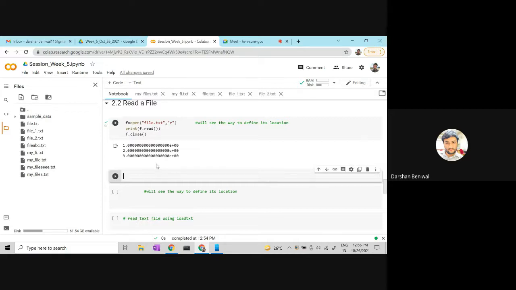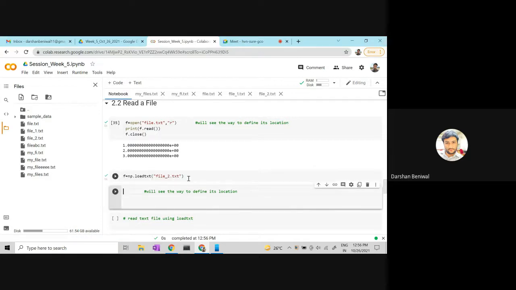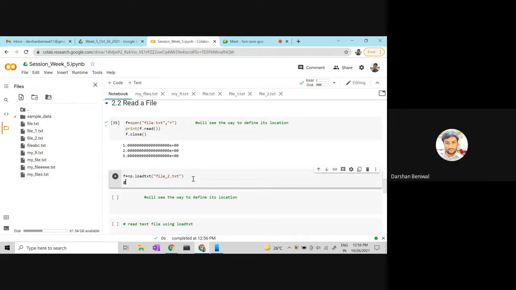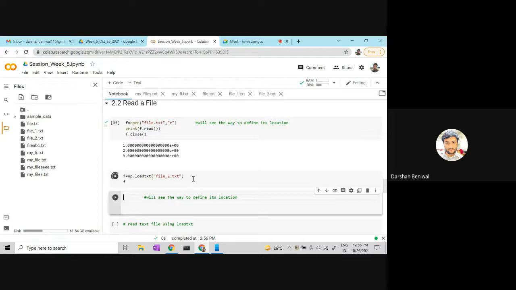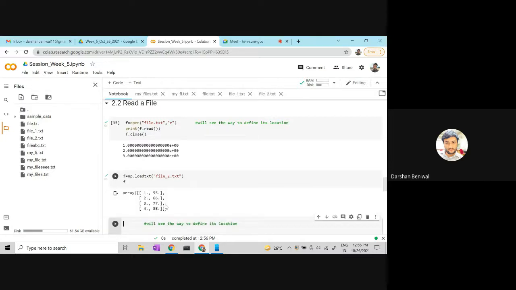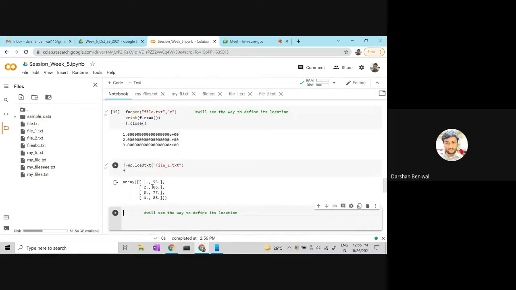And in a shorter way, we can also read the text using log.txt. So here you can see this one we can read.